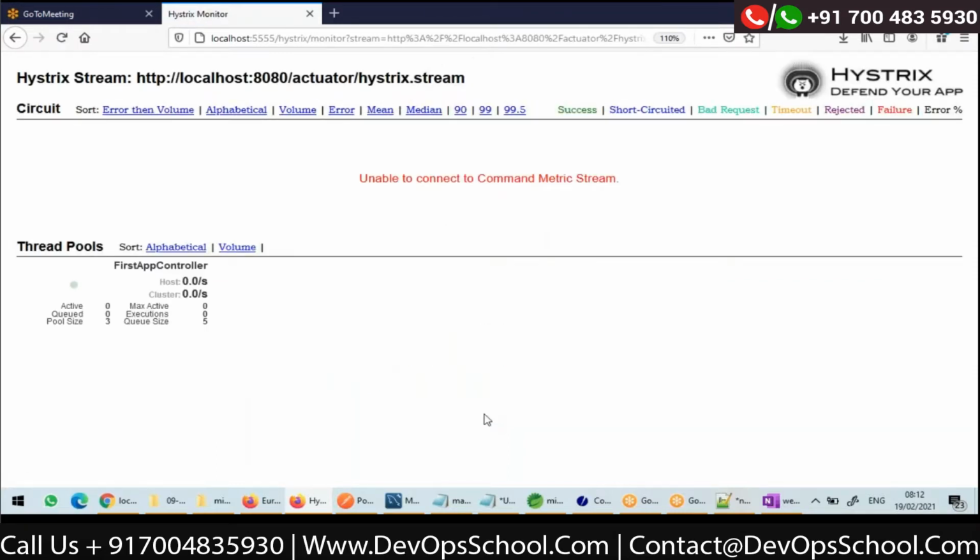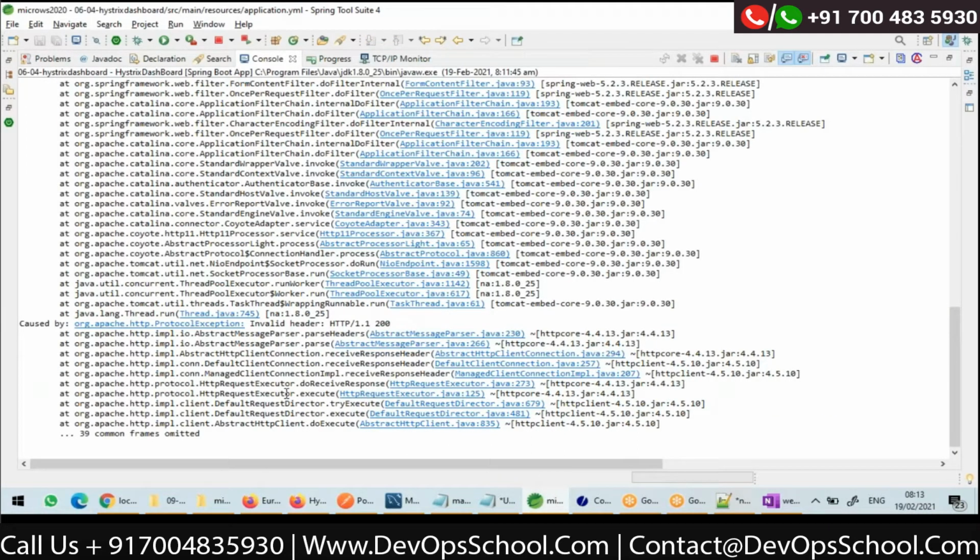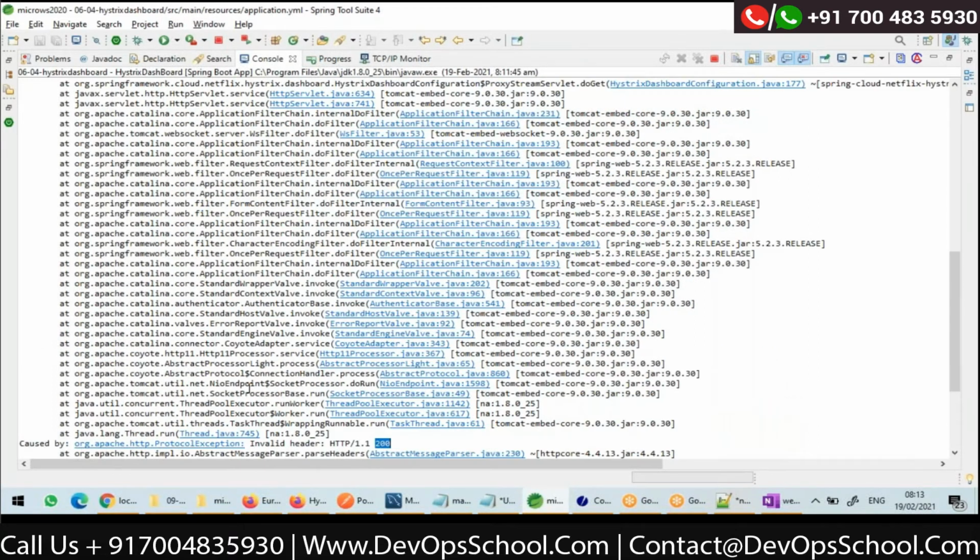Now you can see that it is unable to connect to the command metric stream. Is that running already? Oh, there was an exception in the dashboard. Invalid header. What is it?